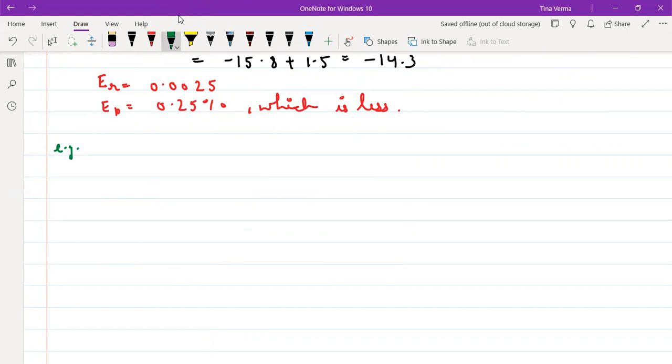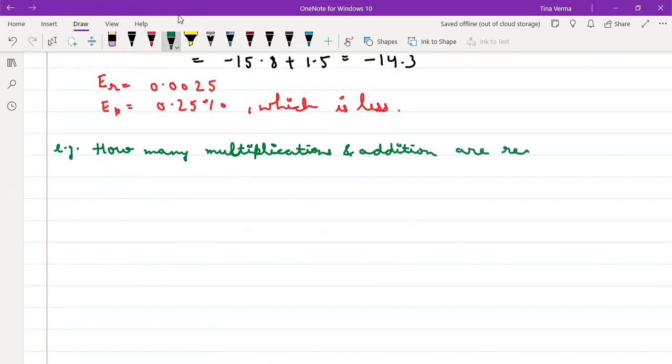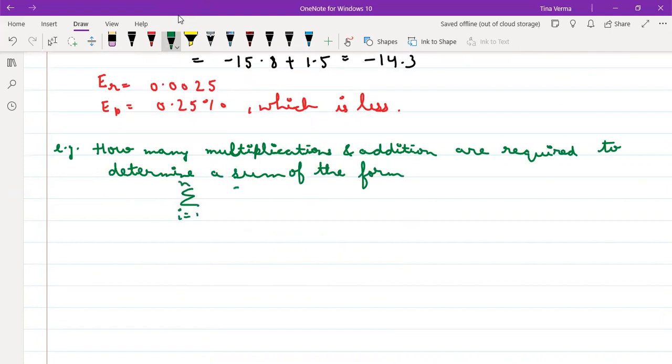So next, the question can be: how many multiplications and additions are required to determine a sum of the form summation i is equal to 1 to n, summation j is equal to 1 to i, a_i b_j, and next